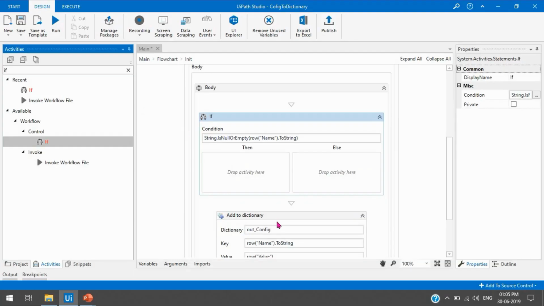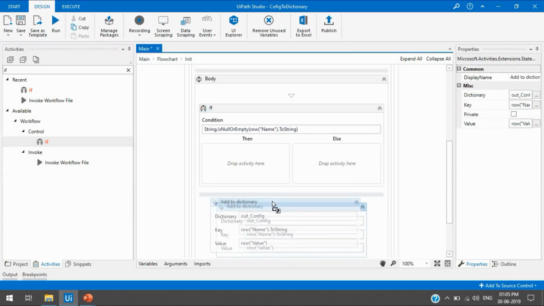So let's suppose we are going to add this row name and row value to the dictionary. We need to check before adding to the dictionary that we have data in the name column or not. Here we are just checking the name, because in the value we can pass blank also, and we can pass anything or duplicates also.